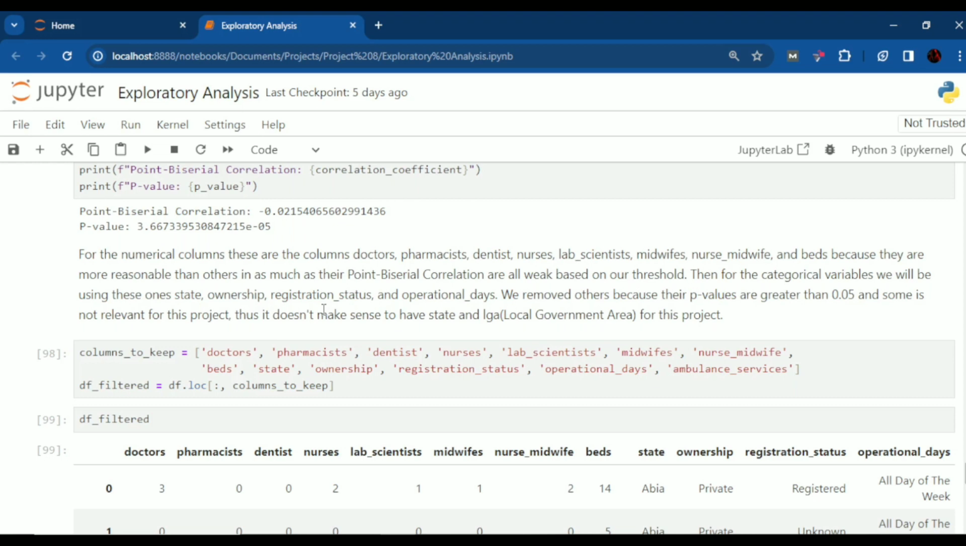As you can see, this one is even negative. Most of them are weak. So I just select those which will actually be relevant for our model. I didn't do it based on p-value, because if I was doing it based on p-value, then pharmacy could not be here. So I just chose those. Though many of them are weak, I chose the ones that are more reasonable for our model,